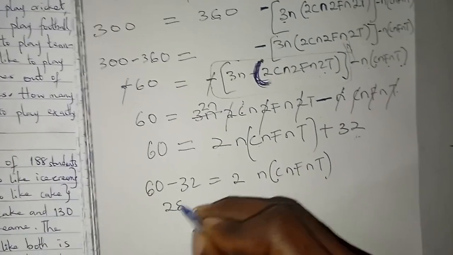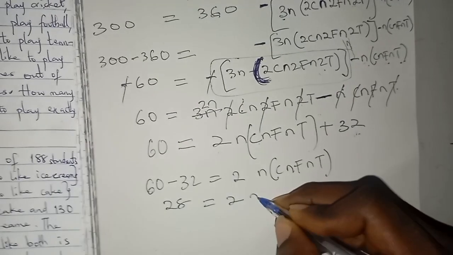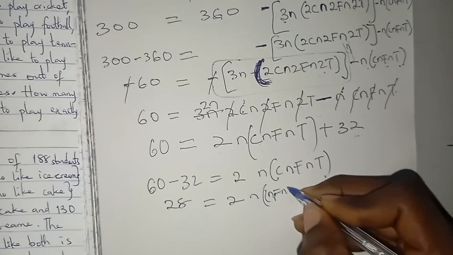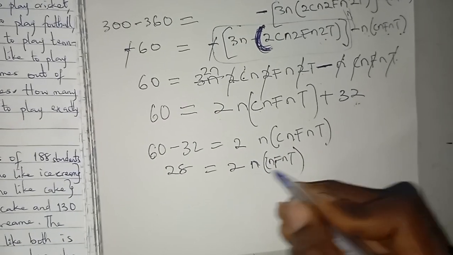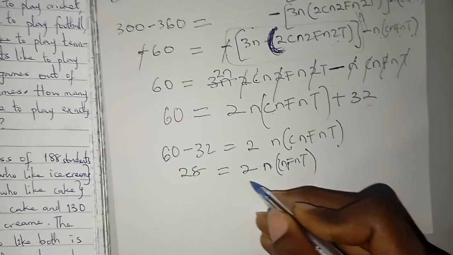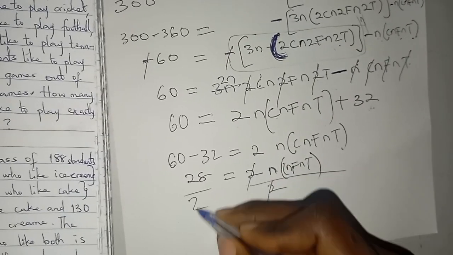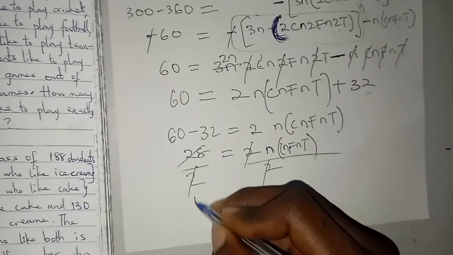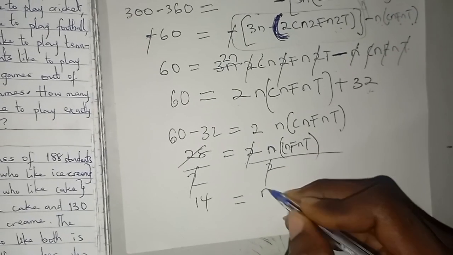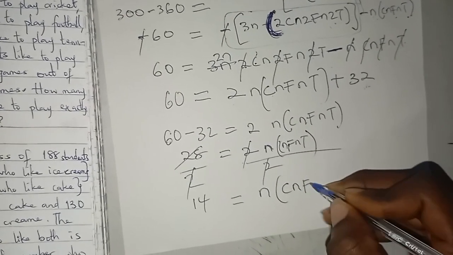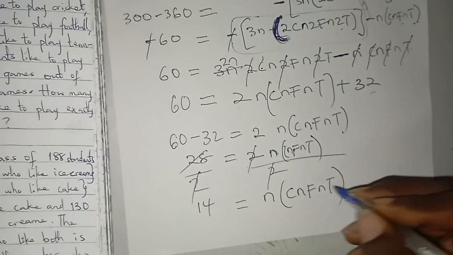So this is going to be 28 equals 2 of this number. So we can divide both sides by the coefficient so that we get the subject of the formula, divided by 2, divided by 2. So we get 14. So we can see that the number that played cricket and played football and played tennis, so the number that played